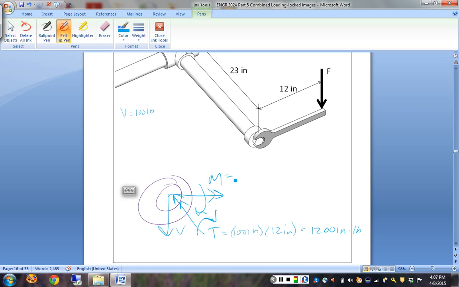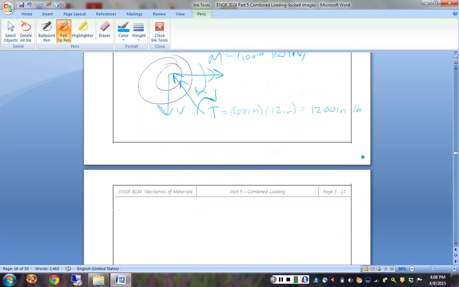And what about my bending moment? That's the 23-inch moment arm. It's the 100-pound force, but the 23-inch moment arm, so we got 2,300 inch-pounds. So those are my stress resultants back at the connection point. But we don't really care about stress resultants or the reactions. We care about stresses. So if we have these things going on in a structure, what kind of stresses do